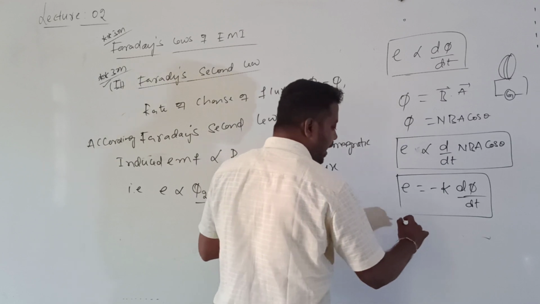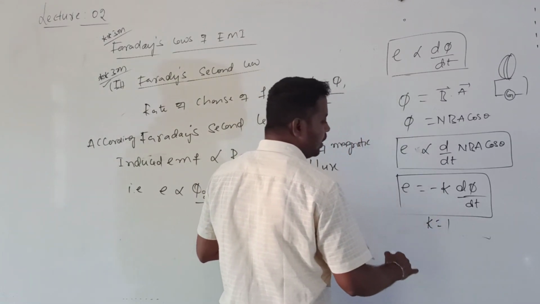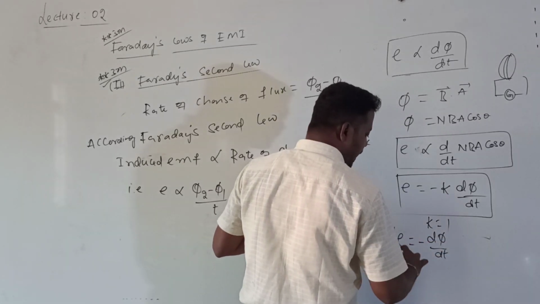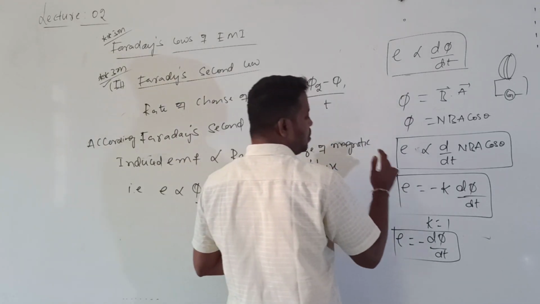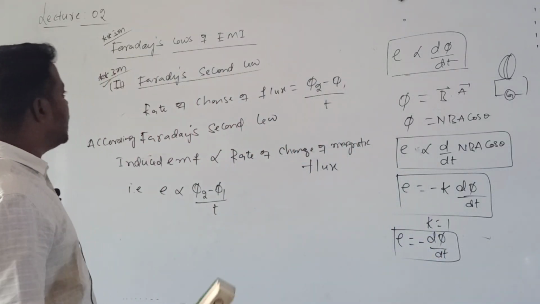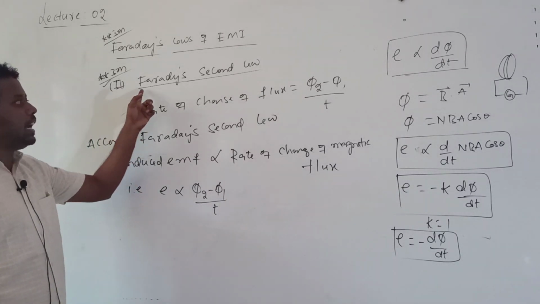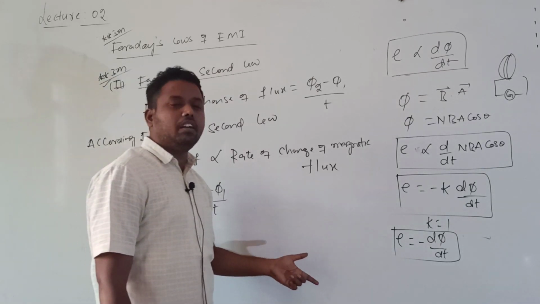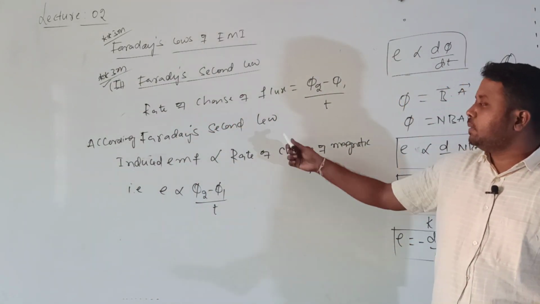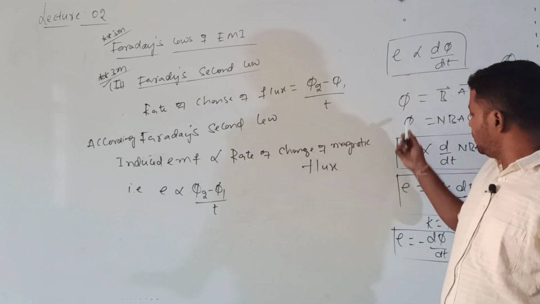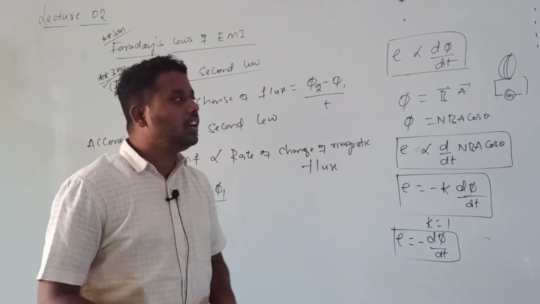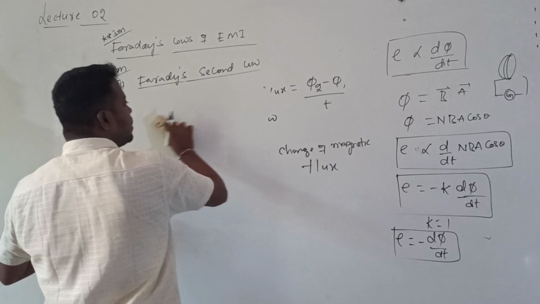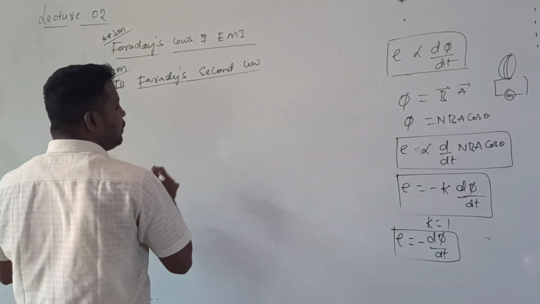Experimentally, if the value of K is equal to 1, then what happens to the E value? E is minus d phi by dt. If I substitute the value of phi, then what will I get? The EMF statement, the second last statement, okay? This is the part I explained for the explanation. Explanation part up to here, okay? So this is what we calculate. So Faraday's which law? Second law. And finally, what is the conclusion we can write? E is equal to minus d phi by dt.